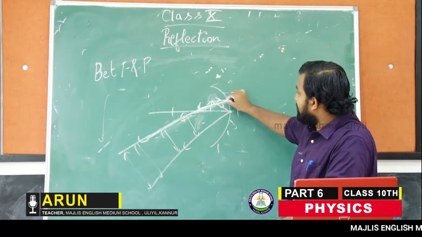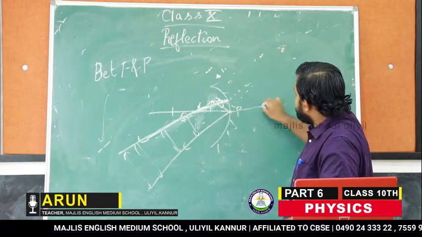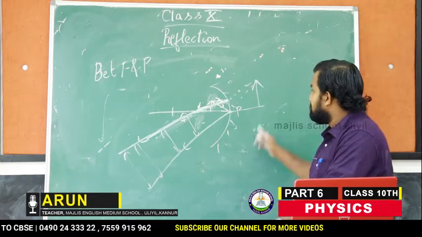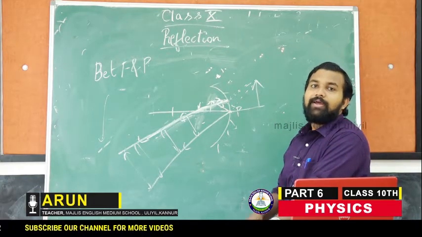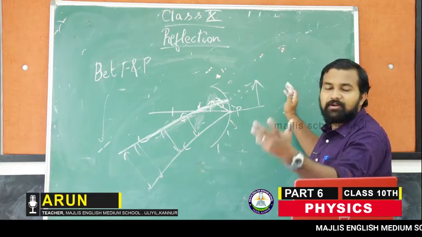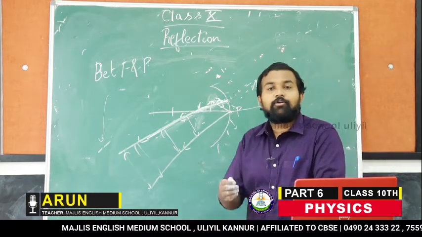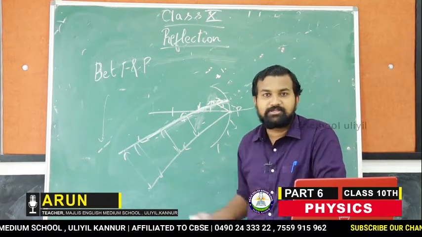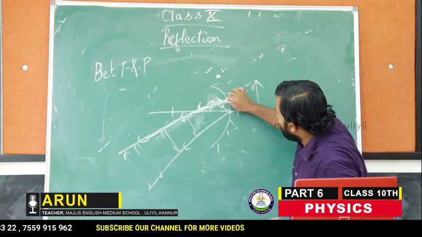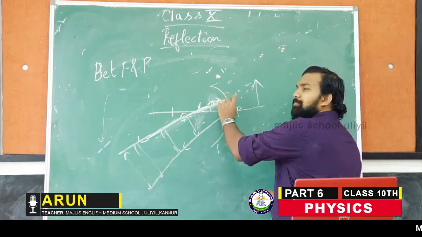The possibility is that we can imagine the rays are meeting somewhere here. And how are we able to get the image? We can't move the screen behind the mirror. If we keep any screen behind the mirror, we are not able to get the image on the screen. So how are we able to see the image in this position? The image will be formed on the mirror. We will see the image on the mirror itself.